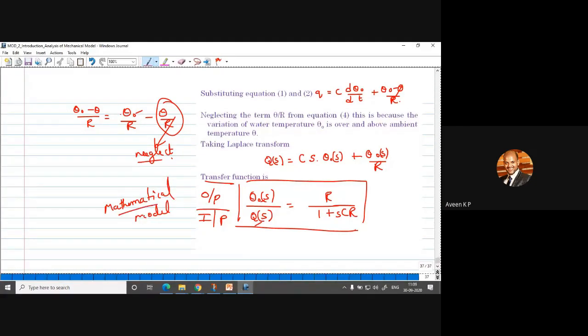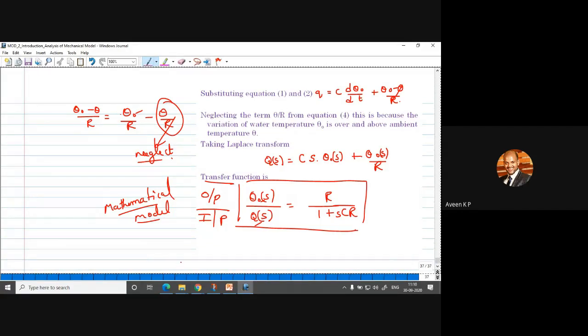Our role is to define the mathematical model for the given system. The given system could be mechanical, electrical, thermal, hydraulic, or pneumatic. Any system can be asked, so you need to represent its mathematical model. Why do we derive this mathematical model? It defines the system's dynamic characteristics. If you want to analyze the output further, you can provide the input value as well as check the nature of the system, how it will behave. That is the concept. You should understand how to derive the mathematical model.